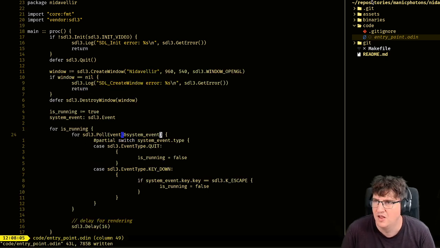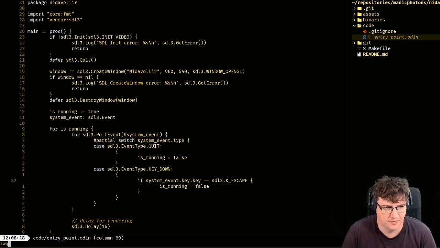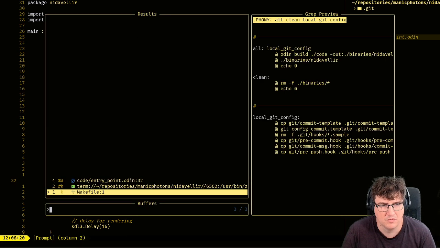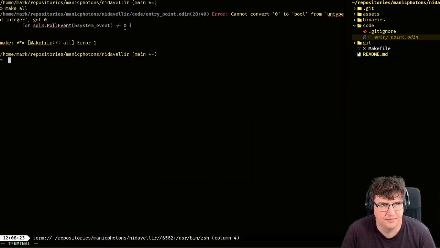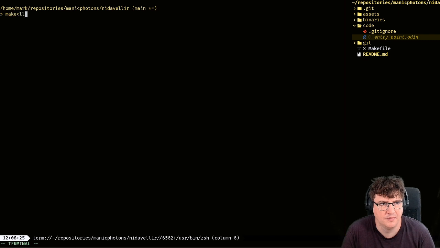And then it's just another incorrect Boolean conversion. Yeah. Let me just check documentation for poll event. Yeah, seems fine. Okay. I think now, have I not made my window visible? Let's see, yeah.